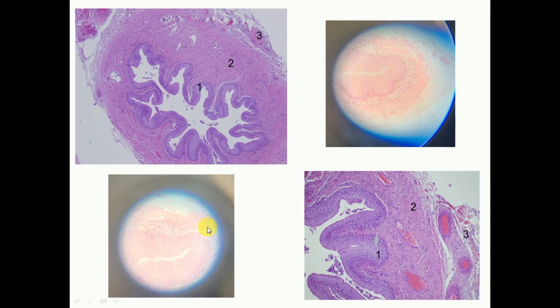This is the photograph of the ureter seen under light microscope. So the entire tissue can be seen, as we can see here. The entire tissue consisting of all the layers. We can see the lumen. So if we see the lumen here, it is a classical star-shaped lumen. So one is the transitional epithelium, that is the mucosa there. Two is the circular and longitudinal layers of the smooth muscle, and three is the adventitia, the fibrous coat.